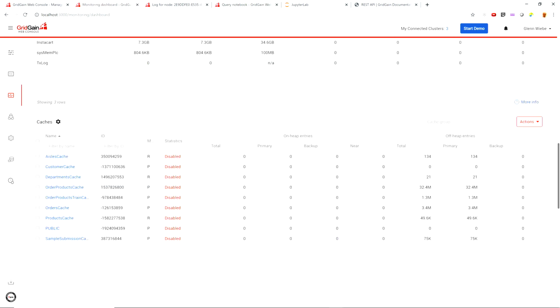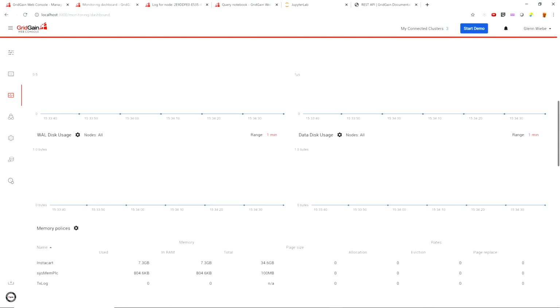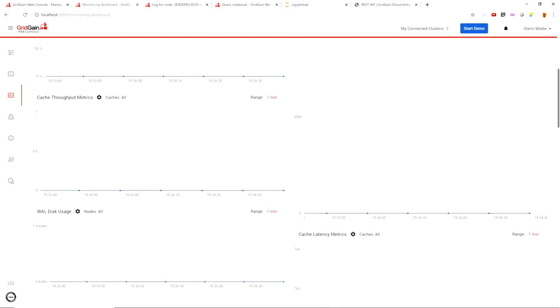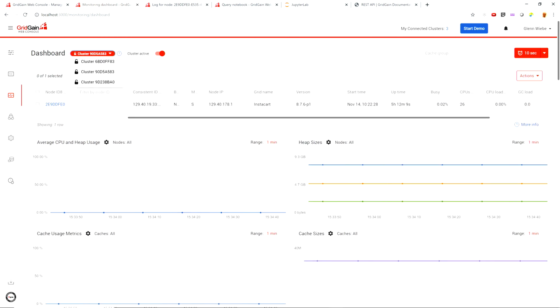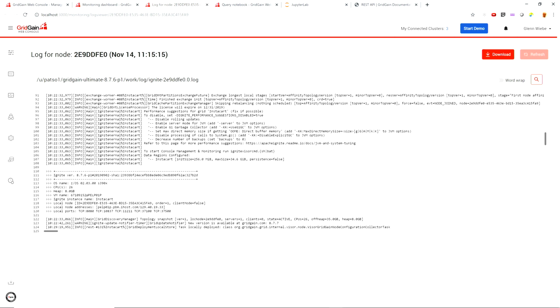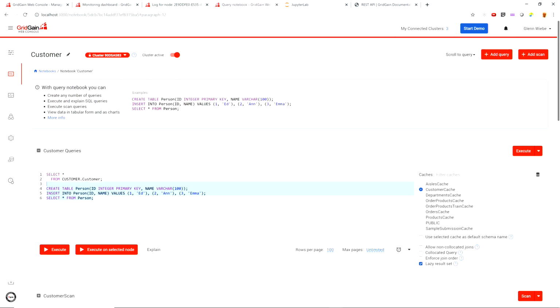If I run just those and I pick the appropriate cluster, which I believe was 90D5, and execute this,